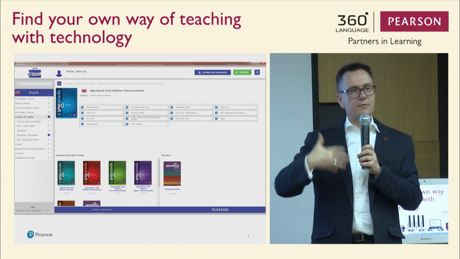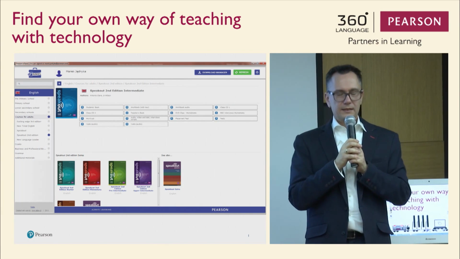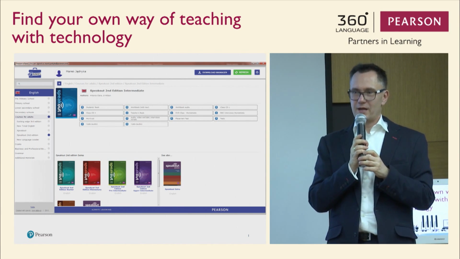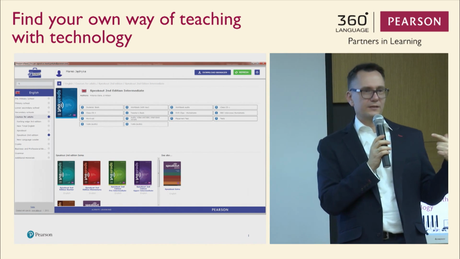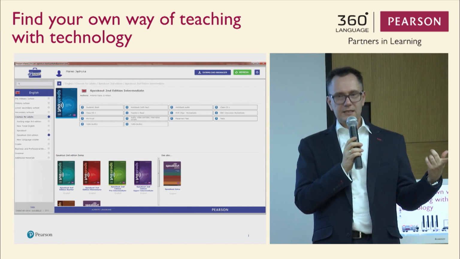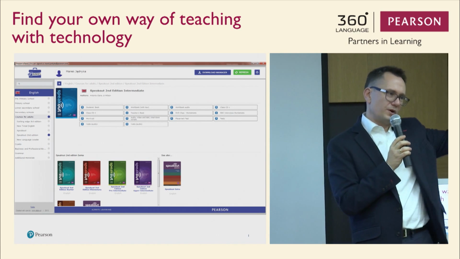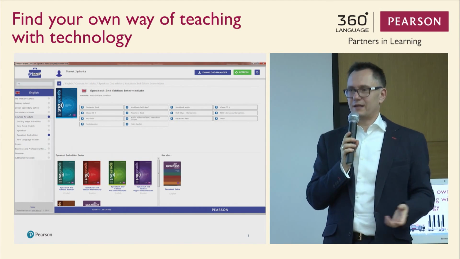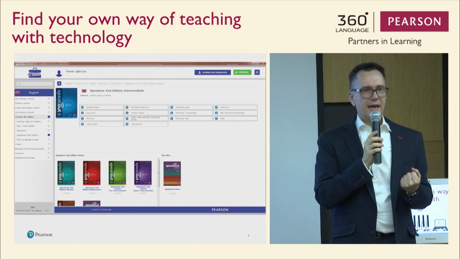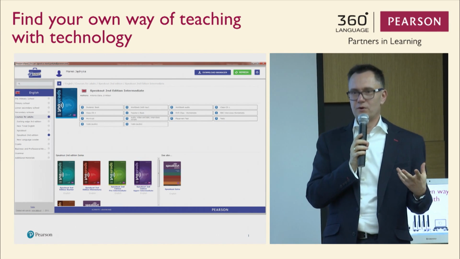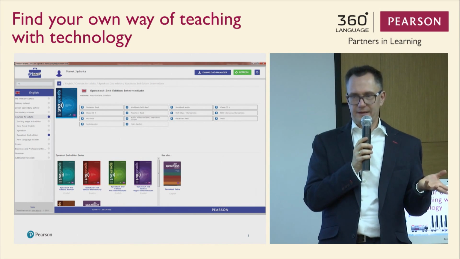And this is what it looks like, which means that once you download this application on your computer, you get access to a particular course book and all its materials, and you can download whatever you need, so that later on, when you go to a class which is somewhere else where you don't really have access to the internet, for example, in the classroom, you can use it offline. So once you download it on your computer, you will be able to use it offline.